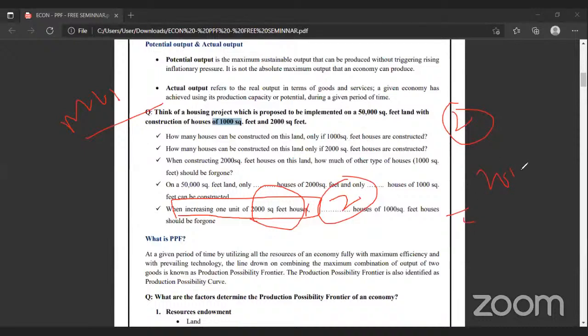This is the ratio. For 2,000 house and 1,000, we call it 1:2. If you say 1,000 and 2,000, it is 1:0.5. So you need this detail in your international trade concept. When you study international comparative advantage, you need to focus this way only, right? I hope you got the answers. Any questions you have?